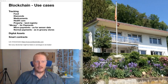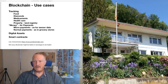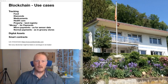However, I do have my issues with that. Being a cryptocurrency, I can see the use of blockchain for smart contracts, but why would I pay for a contract? I mean, I had to pay today for the notary for helping us with the contract to buy that land, that house. But I wouldn't pay for the contract itself. Imagine you go to a car dealer, okay, that car costs $30,000 US. Then when you sign the contract, you say, for the contract you also have to give me $250. They would say,